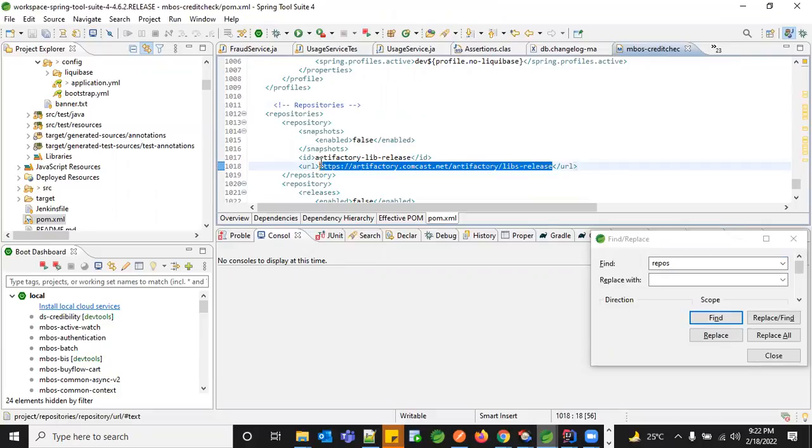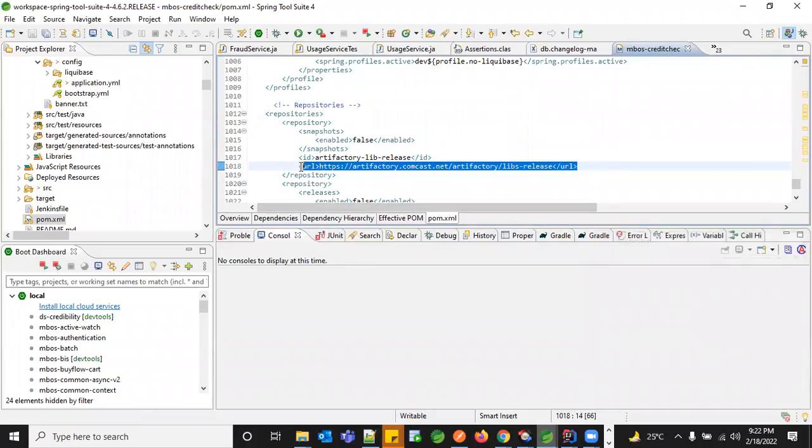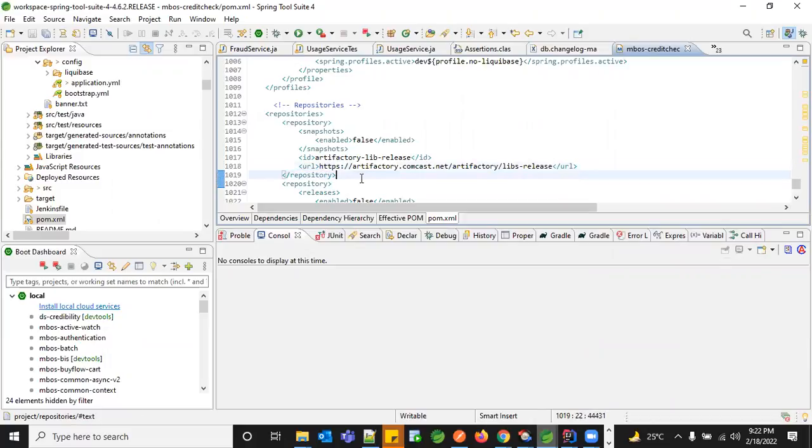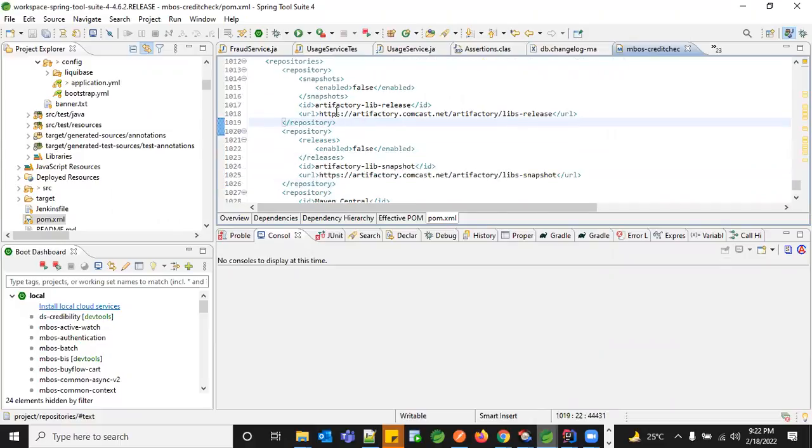That is the reason I was not able to download it. This is the JFrog Artifactory, where I'm maintaining all the repositories. From there, I can download all the related versions from the environment, because it has the proxy. I'm not able to download explicitly from outside.